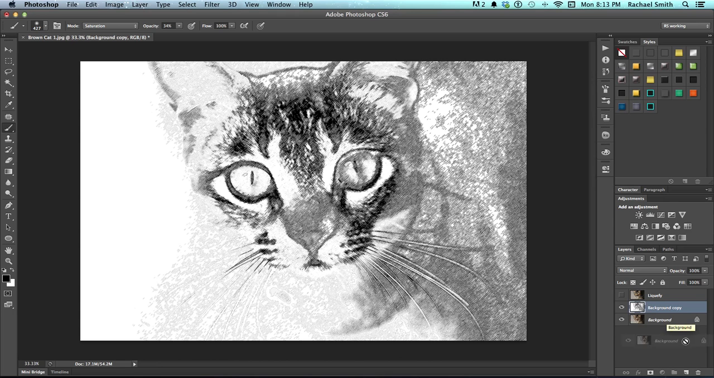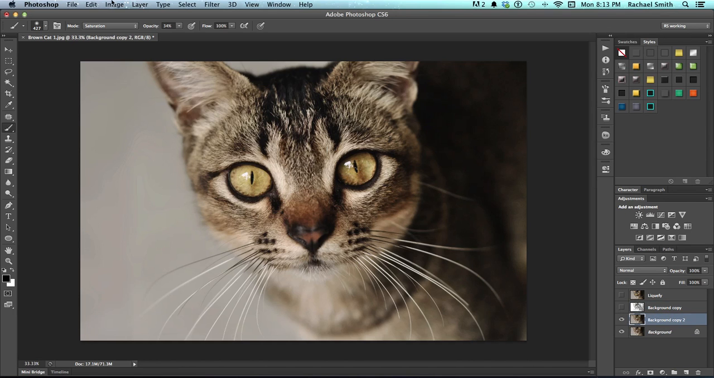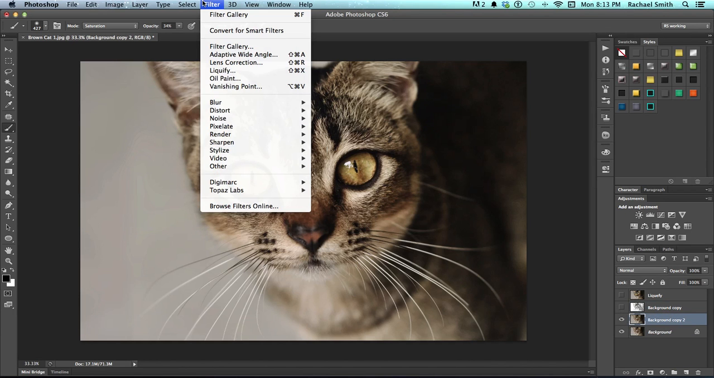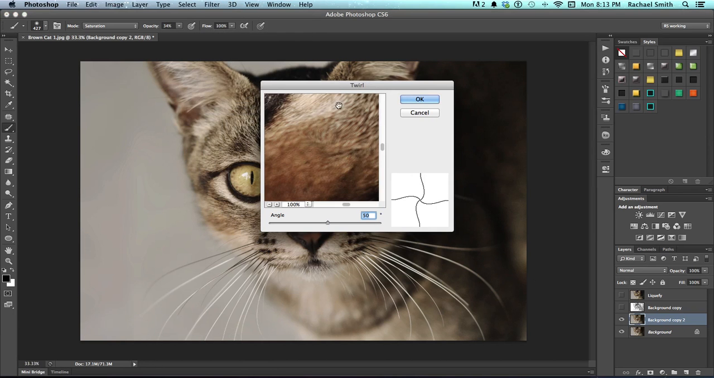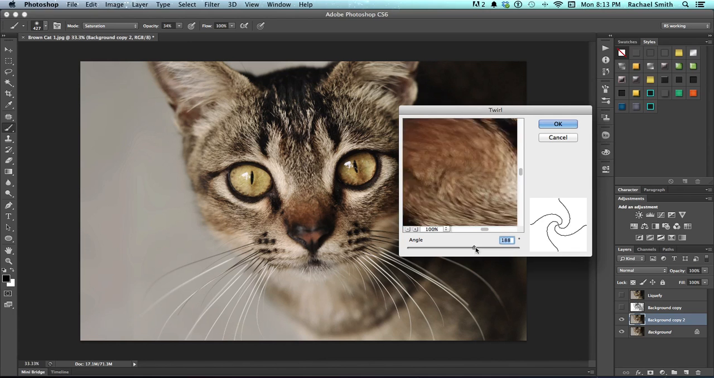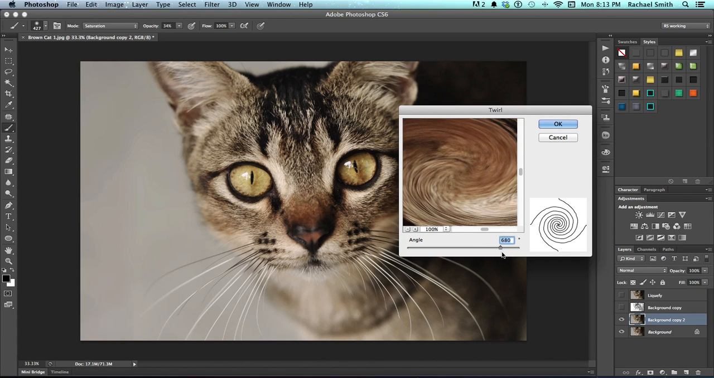Now I'm going to make one more copy of my background layer and hide the one we just did and show you a couple more features in that filter gallery. So I'm going back to my filter gallery. By the way, the filter gallery has some of these things inside of it, but most of these exist differently, and there's things like distort, where you could do a twirl. Wow, that really twists it up,